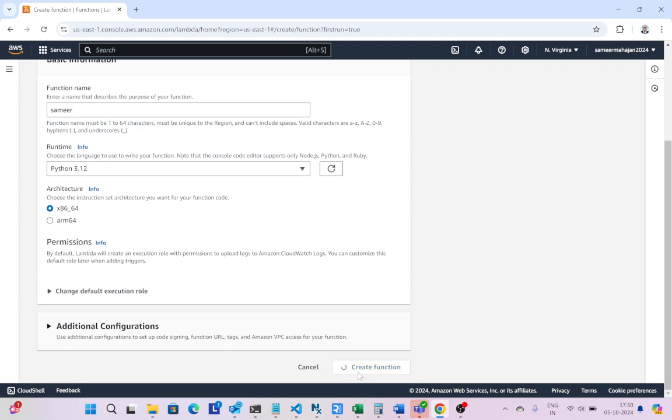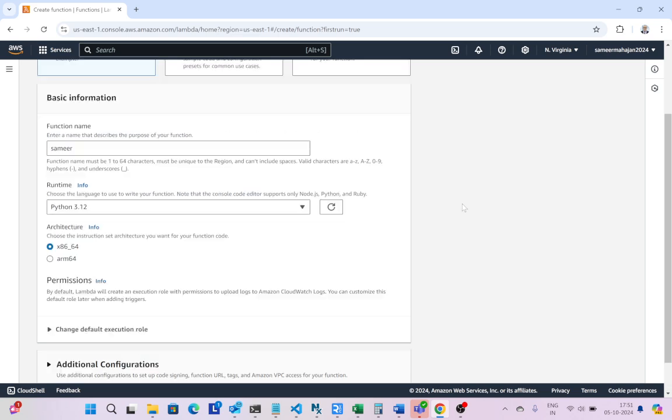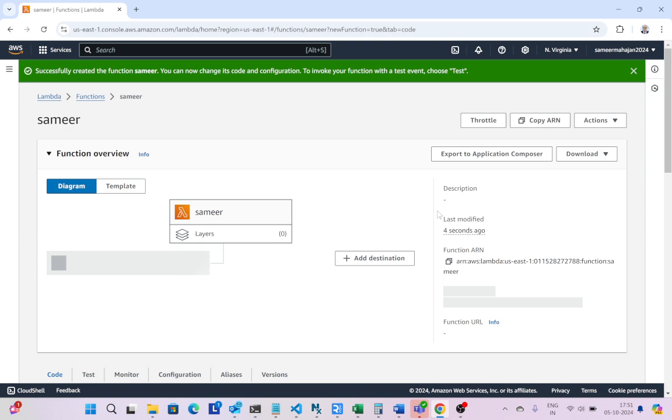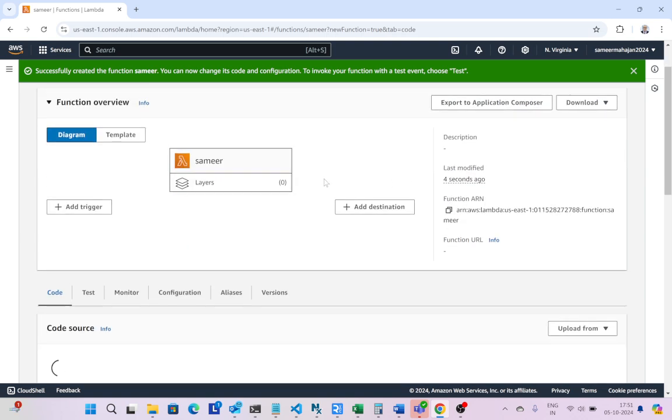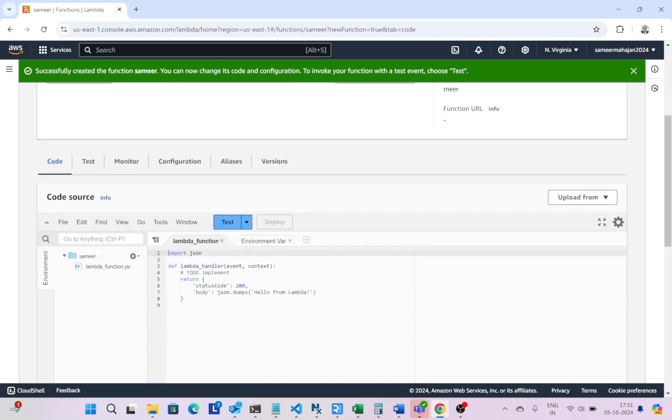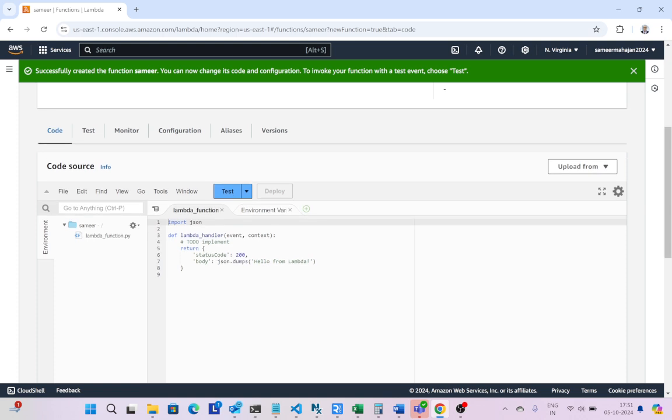So this takes a while because it goes through the internet and does something on the Amazon public cloud. And you get all this layout. This will show the code. This is a default hello world program in Lambda, hello from Lambda. Since it's already a default one, it's already deployed, so all you do is